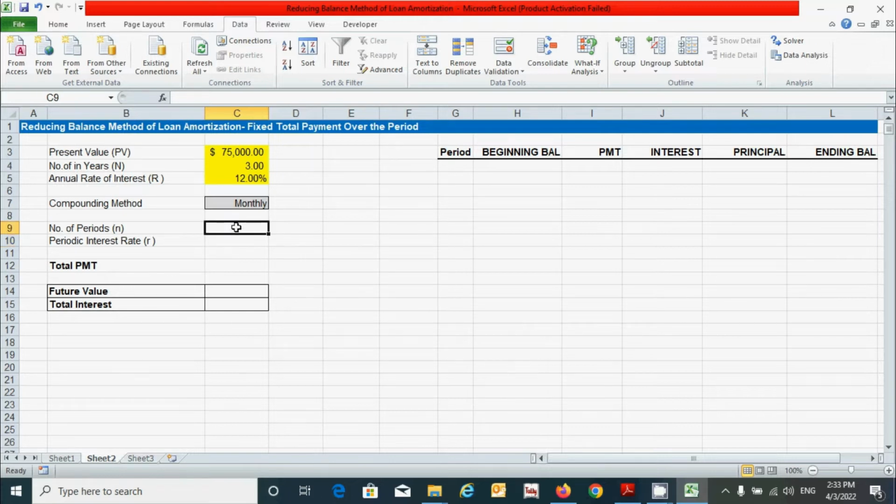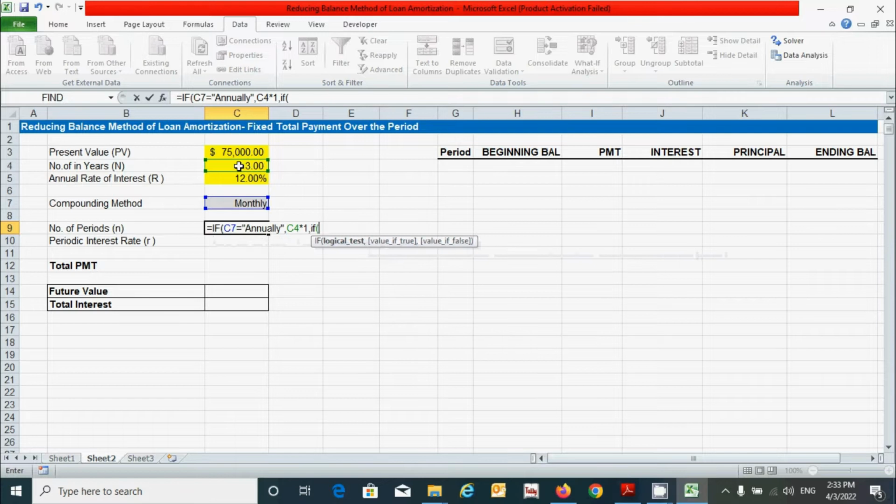Click here, and I'm going to use the IF function in Excel to automate the calculation based on the compounding method. Press the equal sign, type IF, press Tab, and now let's make the condition. If this equals annually, then what will happen? Yes, this times 1. Similarly, if this equals semi-annually, this times 2.